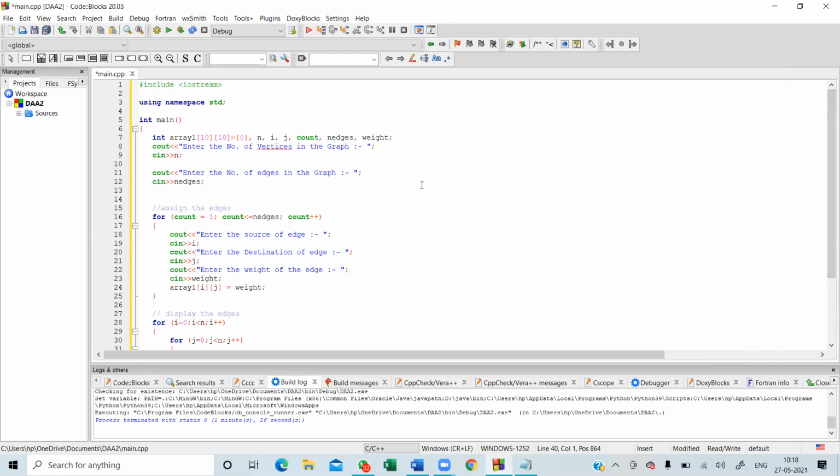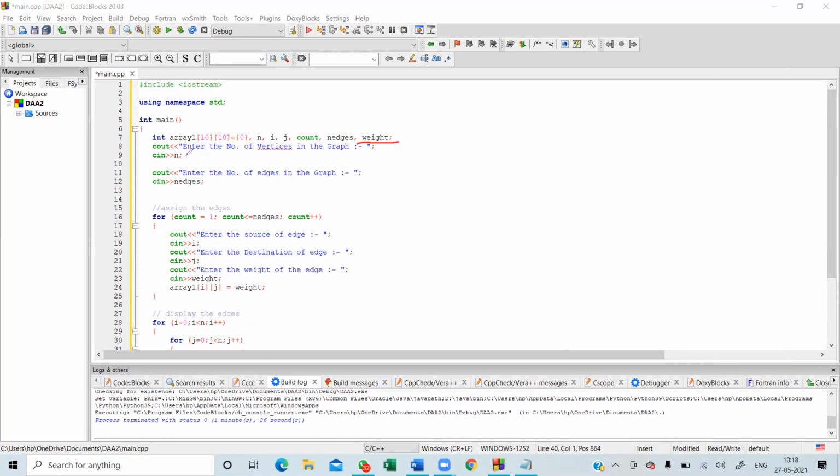The graph we have just created did not contain weight, and now what we have is the code which shows how we can save the weight for all the edges in the graph. So let's have a look at the explanation. In addition to the previous code, we have taken a variable weight. Now, what is the role of the weight variable? The weight variable will save the weight for each edge in the graph.